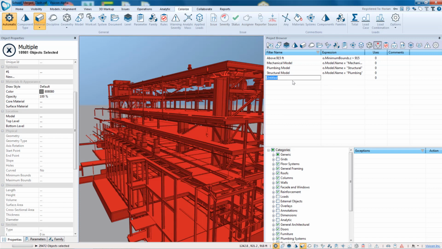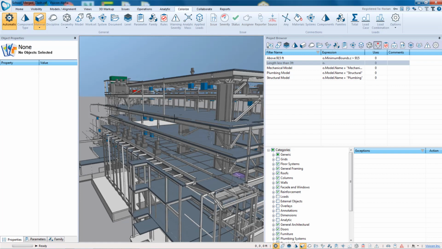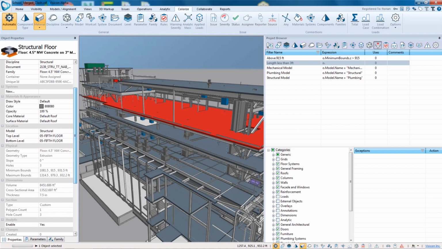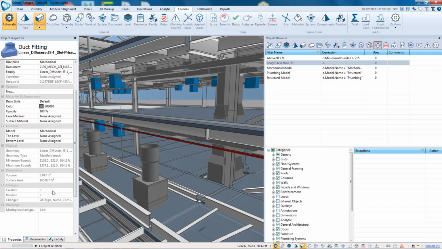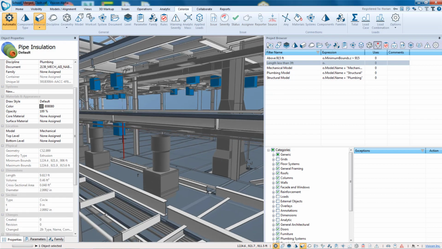I can come and say, for example, let's say I want to just pick objects that have a length of less than 3 feet. Again, I would come in and I say object dot, and again, if I select any of these components, and this applies, for example, a slab or floor does not have a length, so this would apply to any, let's say, piping object or so. You see,